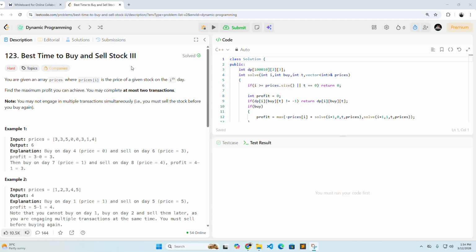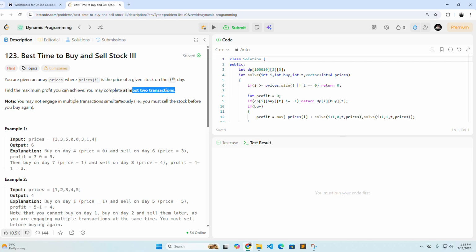The problem states that you are given an array of prices where prices[i] is the price of a given stock on the ith day. Find the maximum profit you can achieve. You may complete at most 2 transactions. The elements indicate the prices of the stock on that day. You can do only 2 transactions, meaning you can buy and sell